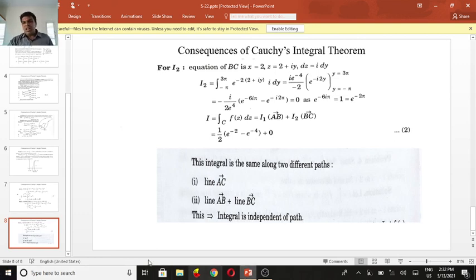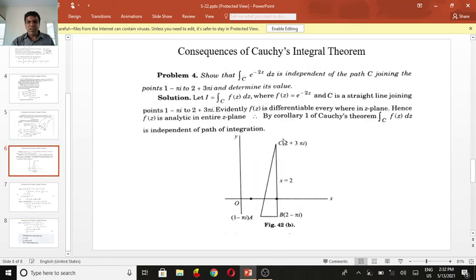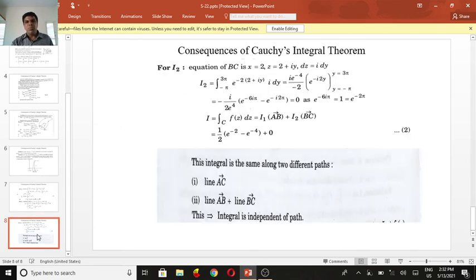So the line integral is the same along the different paths. For line AC, that is line AB plus line BC, the integral of line AC is the same as the integral of AB plus BC. So the line integral is independent of the path. This is by using the Cauchy theorem, which